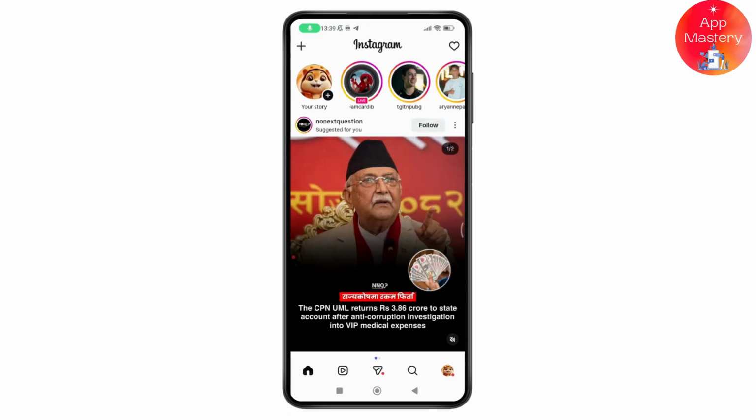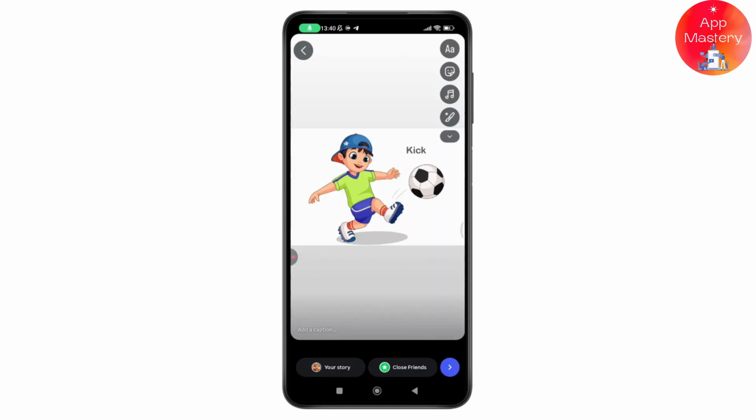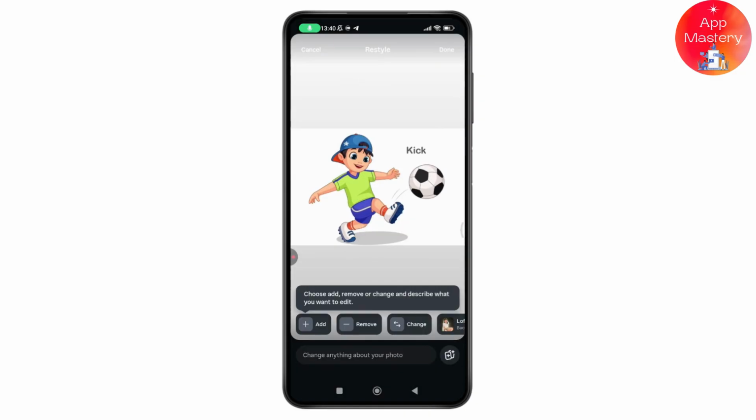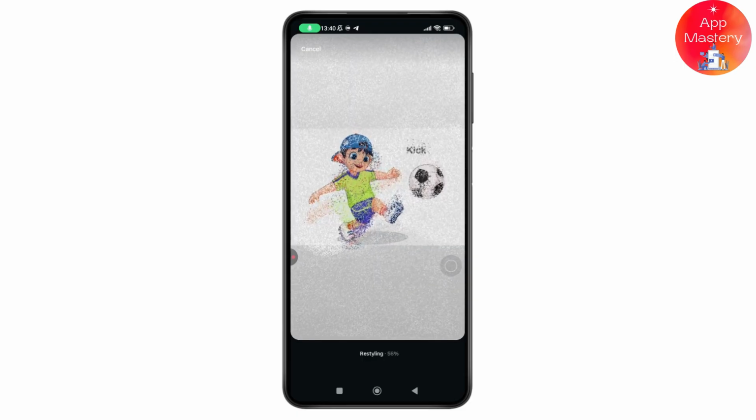After that, go with your home page. Now go with your story, which will be in the top. Select any image that you're comfortable with, and then just simply go with restyle, which will be in the top, and here you will have your flash filter. Once you find the flash filter, you need to tap on it and wait for a few seconds,